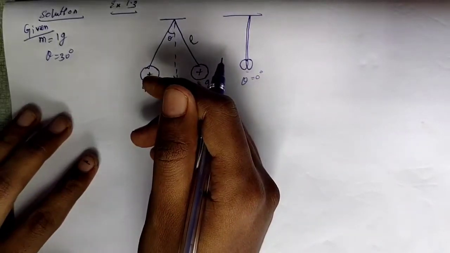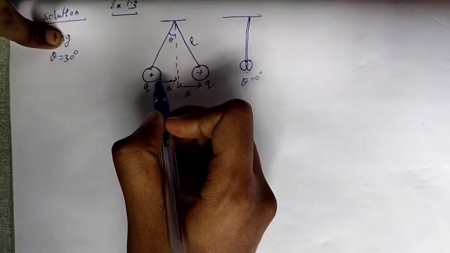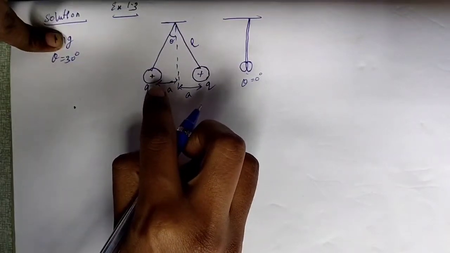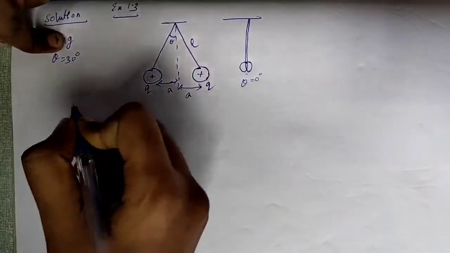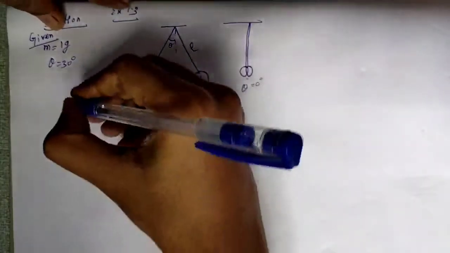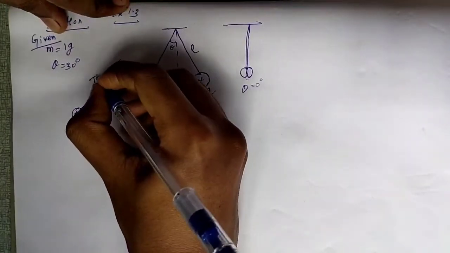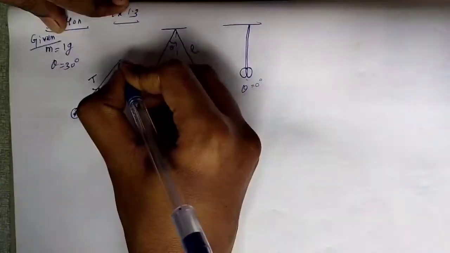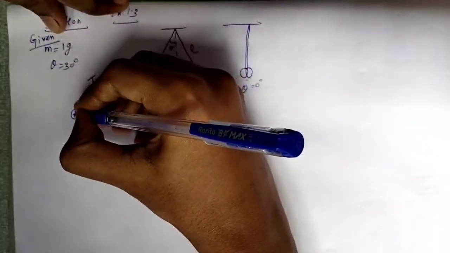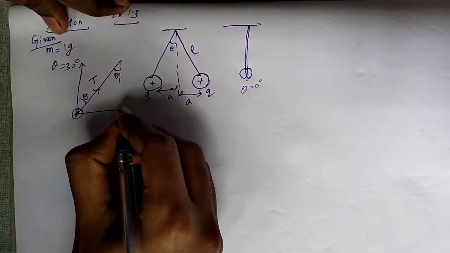Now I am going to draw the free body diagram. In a free body diagram, I am taking this charge as a point. Consider the charge on our left side, which I take as plus Q. In a free body diagram, we have to mention its forces. This is the length of the string, so along that length, tension will act. The tension makes an angle theta, and this tension is resolved into two components.